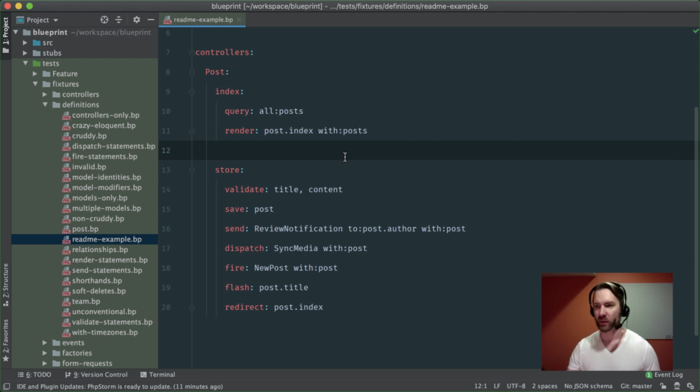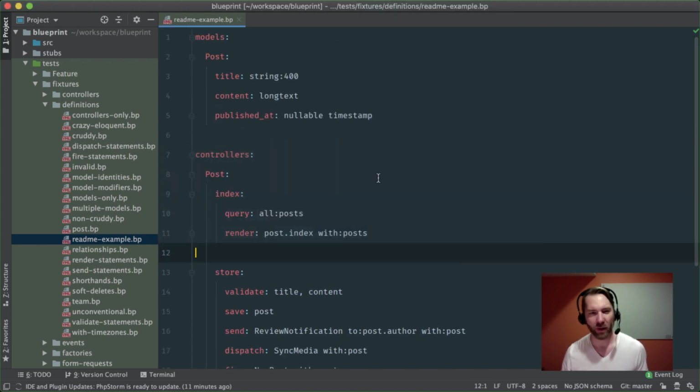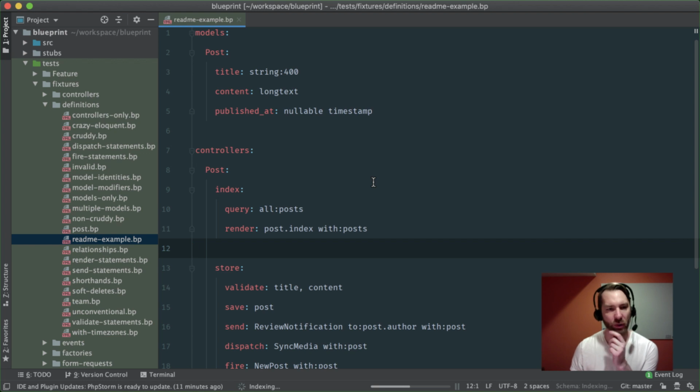You can share these between projects, between coworkers, possibly even an online repository where you can go out, oh, I want to make a blog, here's a draft file to do that, and then you can add your own customizations. So with that said, let's generate this initial